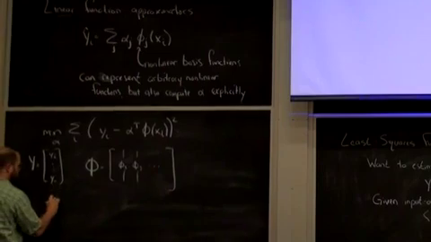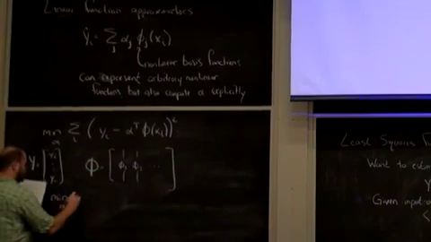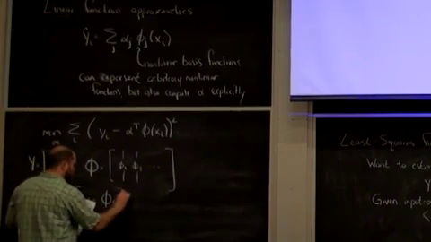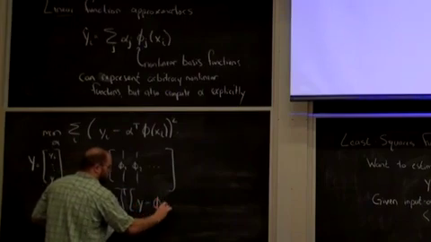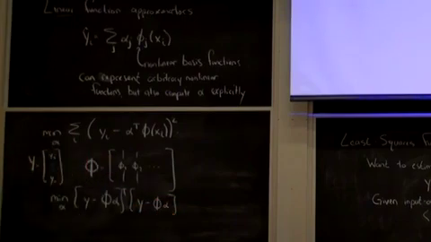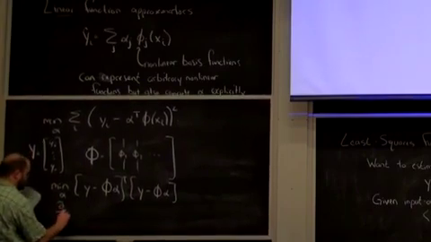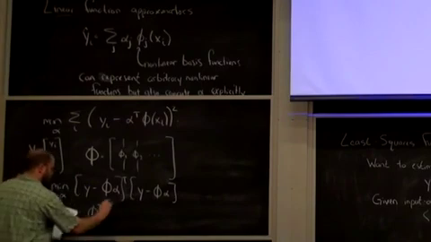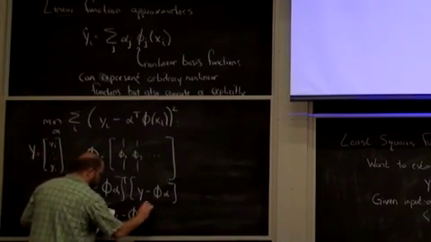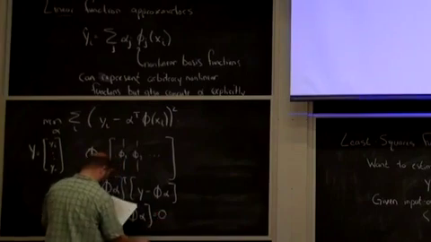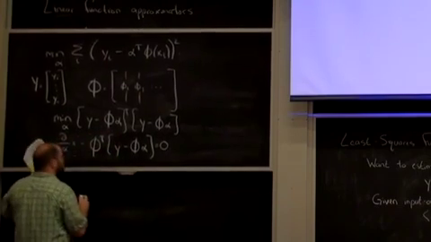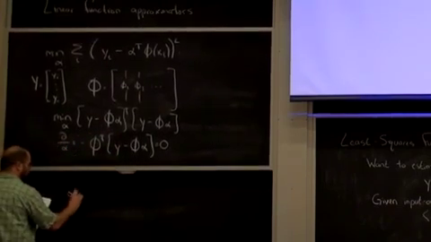Then I can write this as min over alpha, y minus phi alpha, squared. If you take the gradient with respect to alpha, what do you get? You get negative phi transpose (y minus phi alpha) equals 0. Assuming that this thing is well behaved, then you can just say alpha is